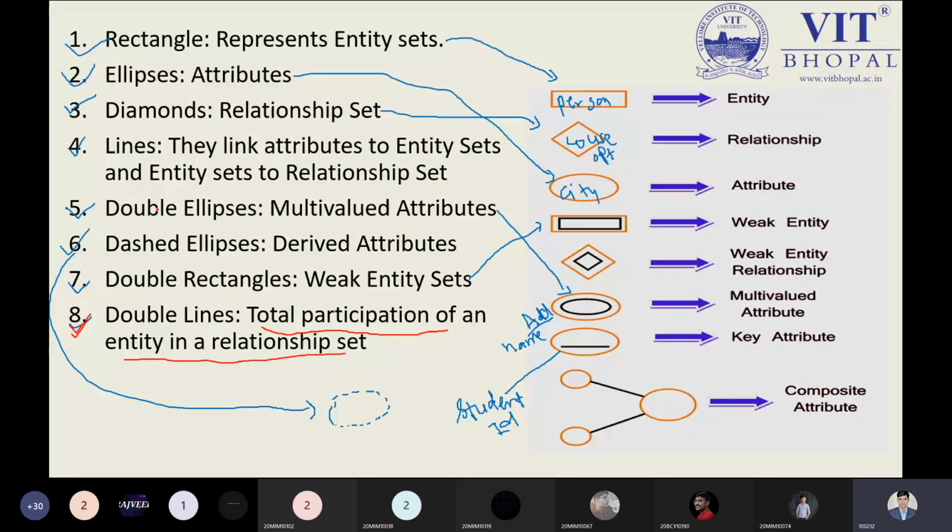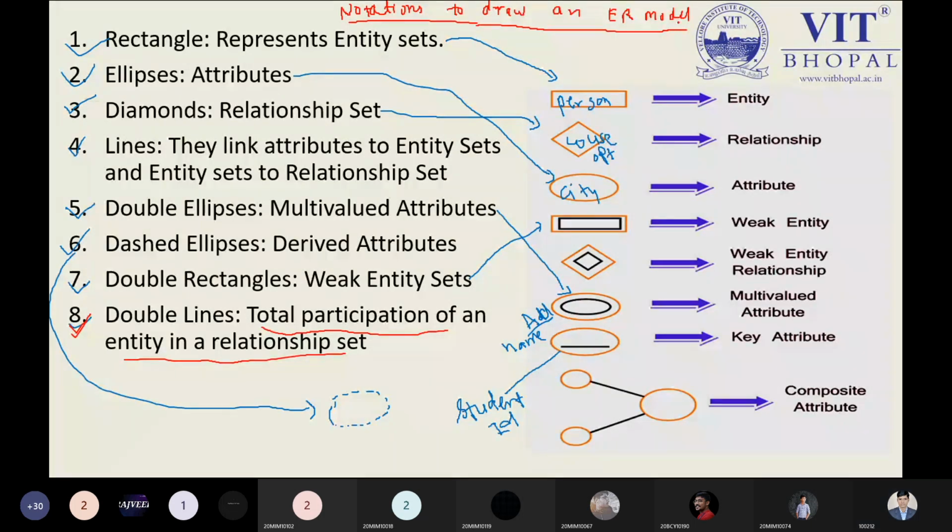After understanding this point, you will be able to see there are some notations, some symbols. So I can put this heading over here: Notation to draw an ER model. These are some notations you are required to keep in mind while drawing an ER model. There is no need to discuss more again over here.